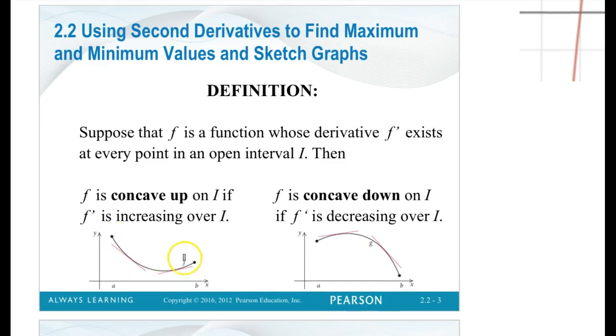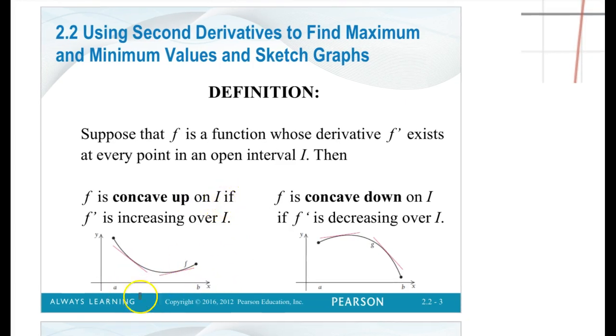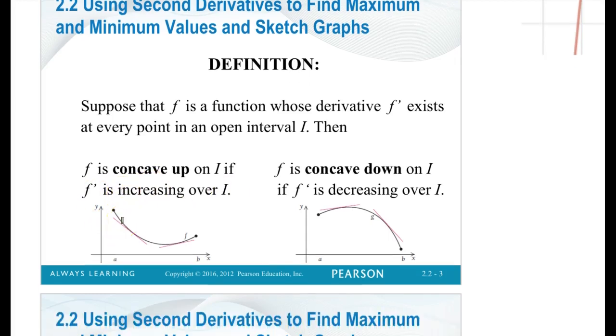So again, here's that picture of concave up, concave down. You can see some things. F is concave up over some values, or interval, what we call. If F prime is increasing over the interval, so we're looking at the derivative. This is the original function. If the derivative is increasing,